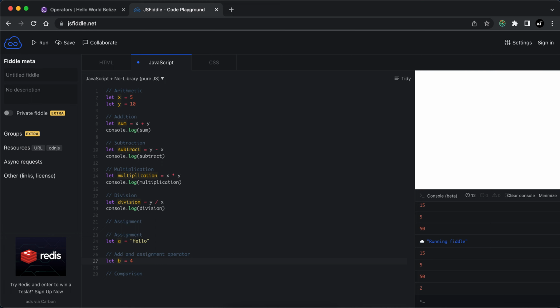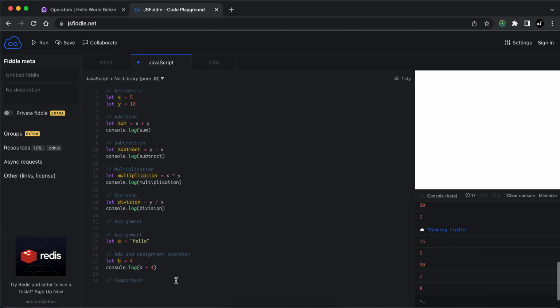So how do we perform an operation where we want to increment whatever is in b by a specific value, right? So we know we can do that by logging something like b plus 4. So this will just output this value to the screen, and if we run this, we should get back 8,